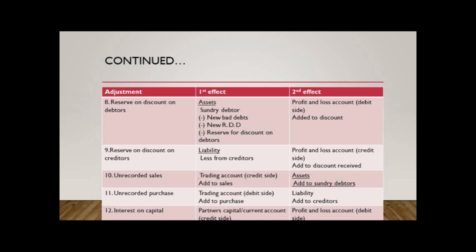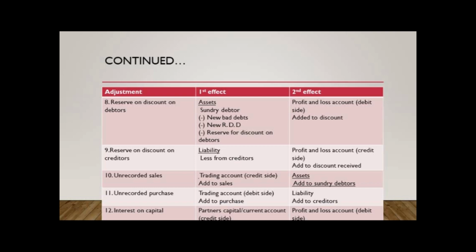Here we are preparing final accounts and the company has closed all their books of accounts. But on the last day of the business, the company has sold the goods, and therefore we have to record this transaction in the books of accounts. So directly the effect will come in our sales. Just see here students, the first effect of unrecorded sales, we are going to add in our sales, that is given here, trading account credit side. Add it, and after that only we have to subtract sales return if it is given in the sum.